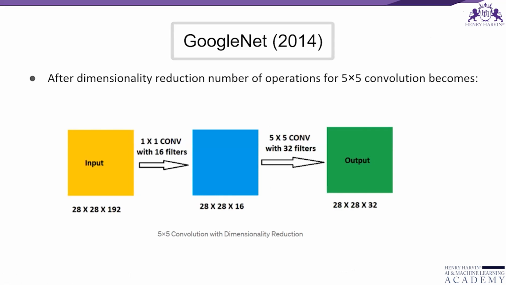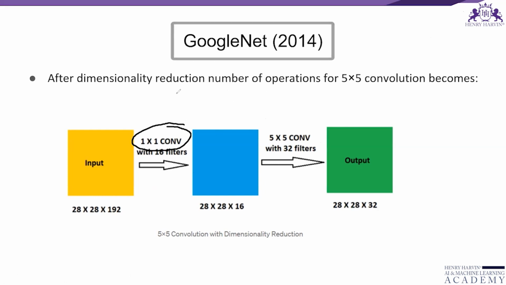So to bring down the greater number of operations, dimensionality reduction can be used. Here it is done by convolving with a 1x1 convolution with 16 filters before performing convolution with the bigger filters. So after dimensionality reduction, the number of operations for 5x5 convolution becomes, so what will happen now is,